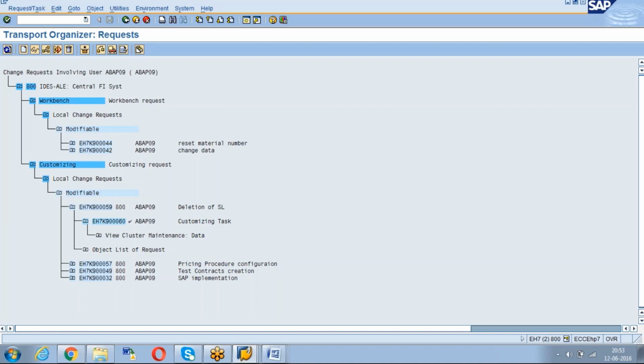For example, now if you make any changes, the system will show you these three only. It won't show you that one. That testing also I will show you now. Once you release, you cannot save any new changes in that transport request. That point I will show you now.